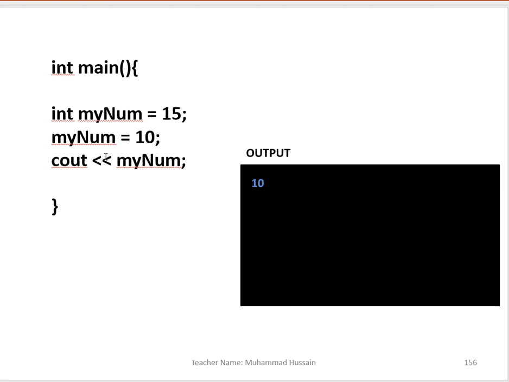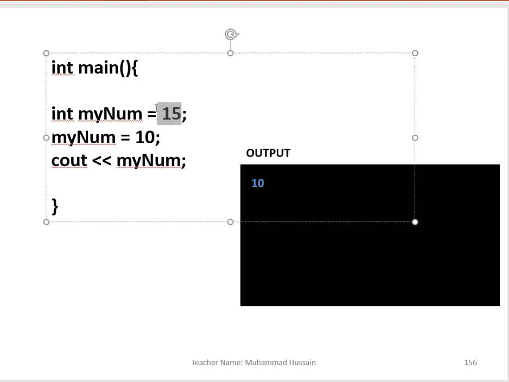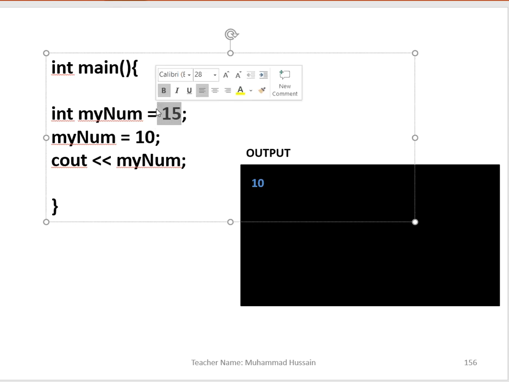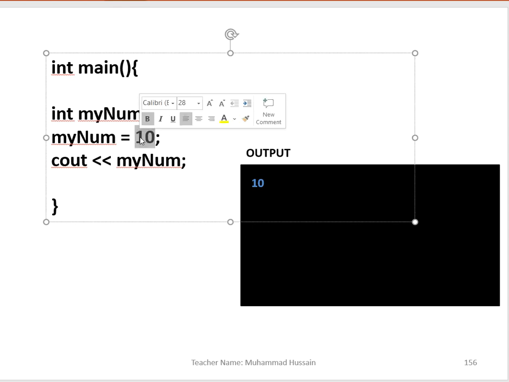And if you write it in the cout, the answer will be 10, okay? Just because the variable had some value, but it changed its mind, you can say that, and you update the value in this way, okay? So I think you now got it, how we can update a variable's value, okay? It does not give you an error, it is not confused that you wrote 15 and now you are writing 10. No, it just updated.